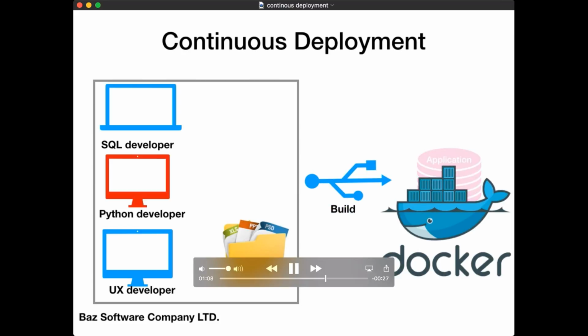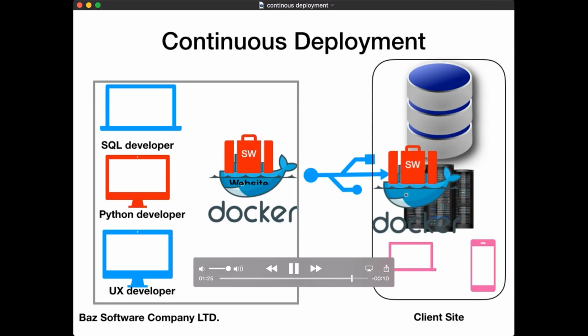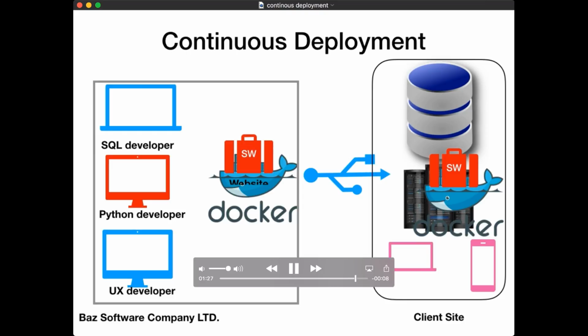That container we take to the client company and we just build a Docker container. Now this means we have the ability to do continuous deployment. Once we change the source code, we just rebuild the container and run the container on the customer side. Plus we can scale the container up and down based on the need, and this is why we need